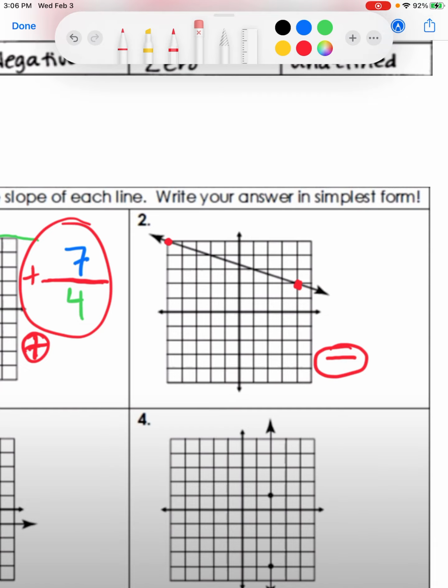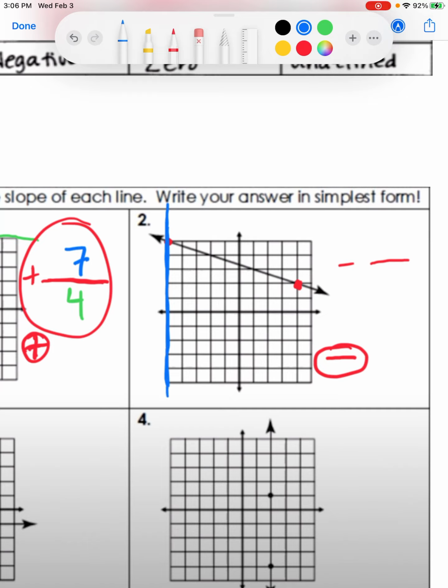So my answer is going to be negative. Now, I'm going to go ahead and draw in. I'm going to say negative because my final answer is going to be negative. And then I'm going to put in my little fraction because I know I'm going to put my rise on top and my run on bottom. So I'm going to put in a line straight up and down from this left point, because